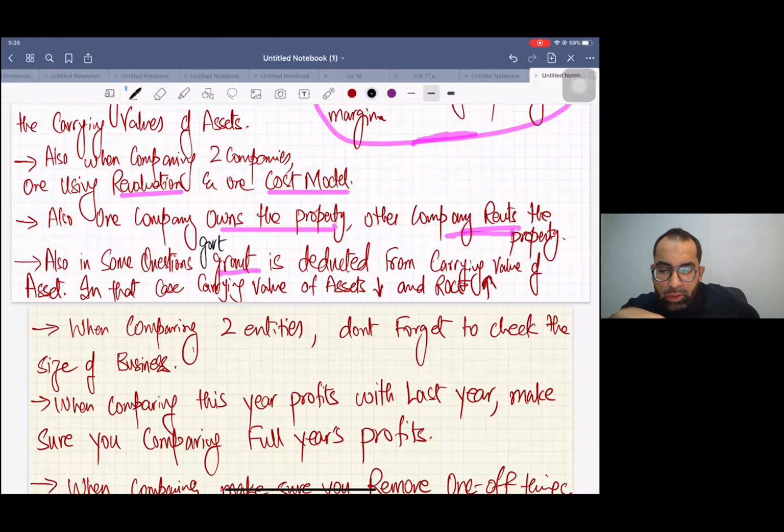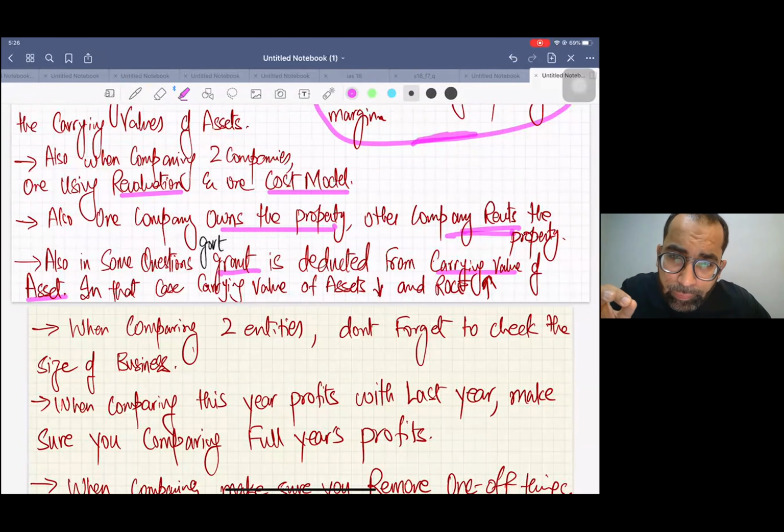Listen, also in some questions, government grant is deducted from the carrying value of the asset. I hope you all have studied IAS 20 government grants. There are two types of grant: grant related to assets and grant related to income. We are right now discussing